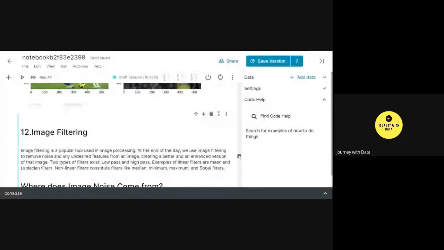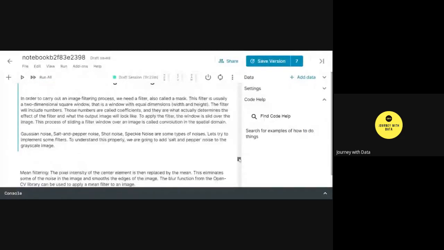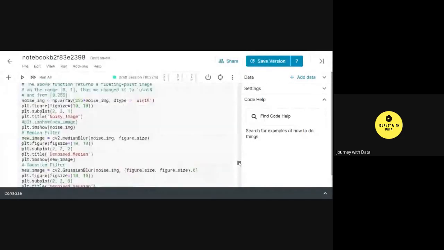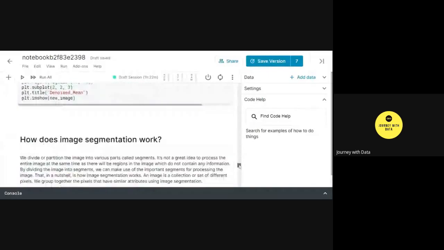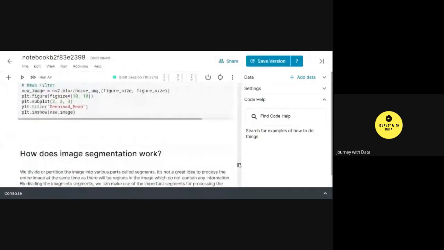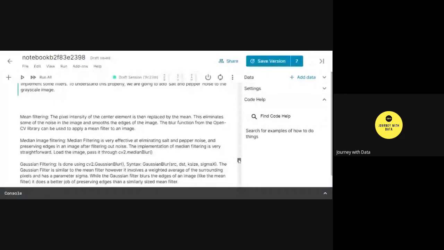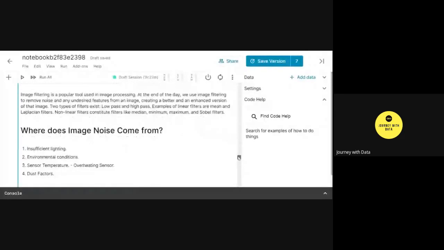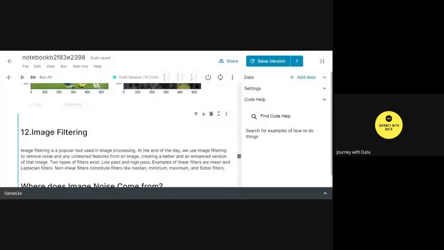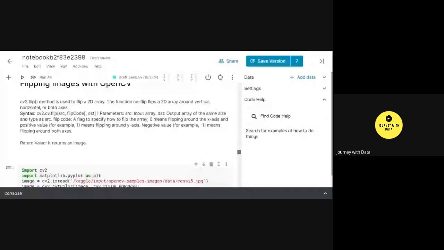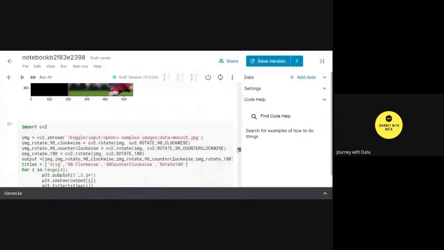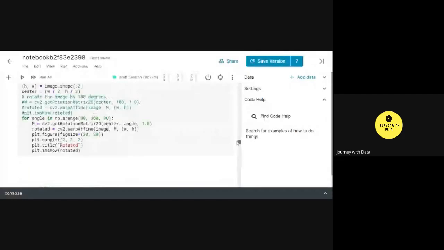So then we have noise filtering. For noise filtering, we have various methods. But before noise filtering, I would like to take you through the image rotation part.